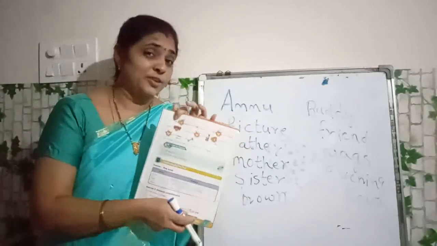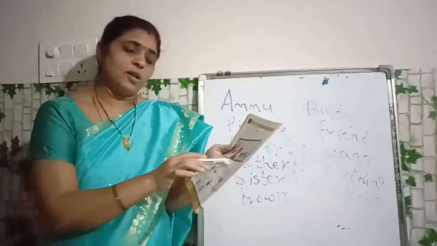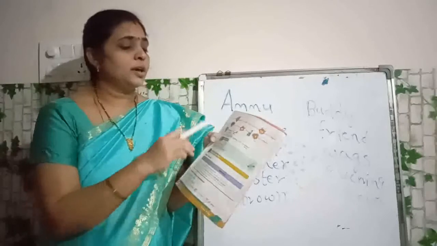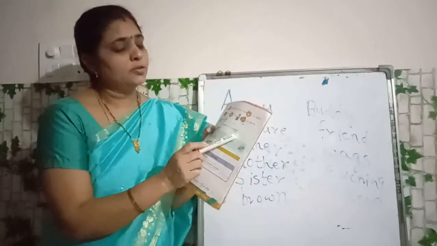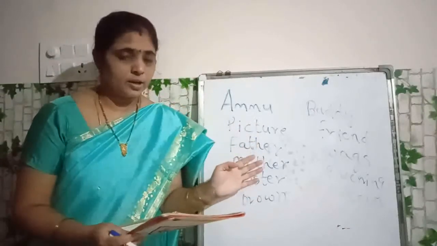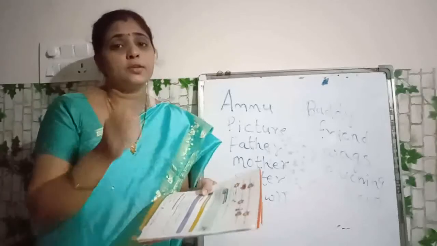Everybody has to read once on your own. Okay children, you have to underline all these I told you now: wags, evening, morning, and here again chews and family. I have written them on the board. Just copy it there. Check it once, underline properly, and out of these I will give you dictation.